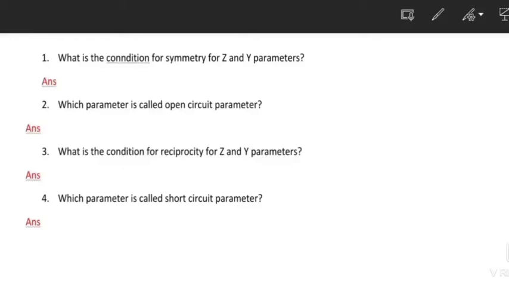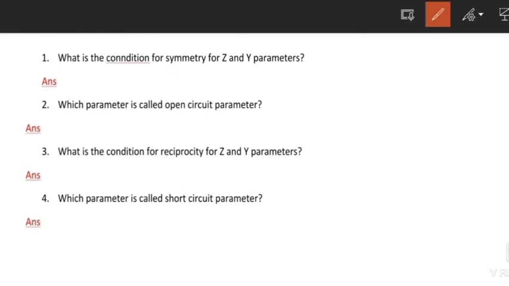Hello friends, today we are going to discuss some of the most important questions from two-port networks which are always being asked in all the state engineering exams. As we have already discussed and studied two-port networks, all the easiest methods to find all the parameters from a given circuit and how to find all the parameters from a given parameter in the easiest way. So if you want to watch it, you can go there and watch it in my previous videos. So let's start for today.